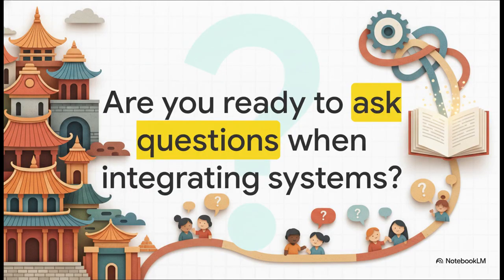Which really leaves us with a final challenge to think about. We've seen today that traditional systems are vast, complex architectures of healing that demand both rigorous safety checks and a genuinely open mind. Integrating them isn't about blind faith. It's about active, culturally humble communication. So, as modern healthcare continues to evolve, how will you ensure active communication? Are you ready to ask the difficult questions to keep your patients safe? Or will you just settle for the natural label? Think about it.